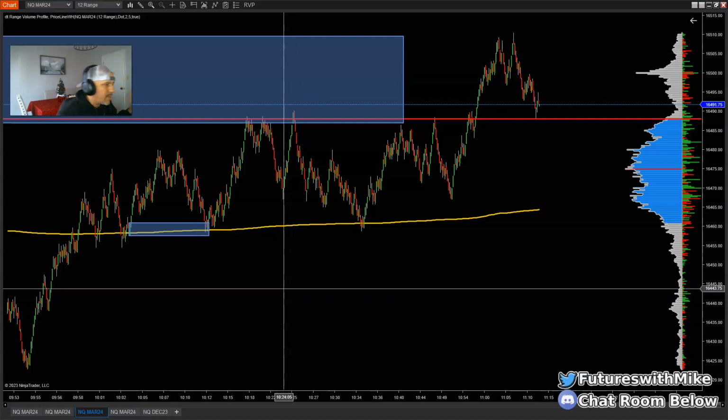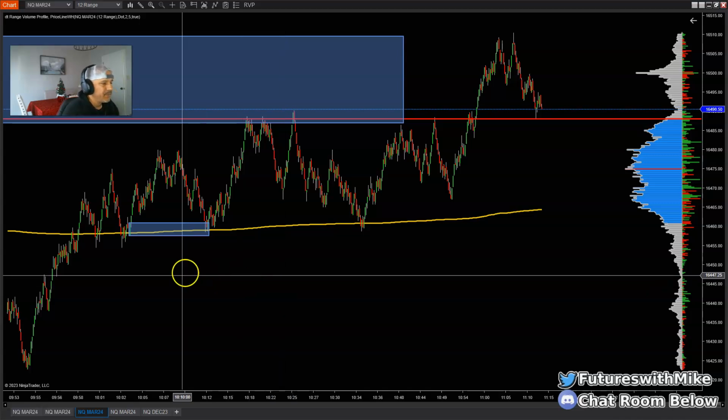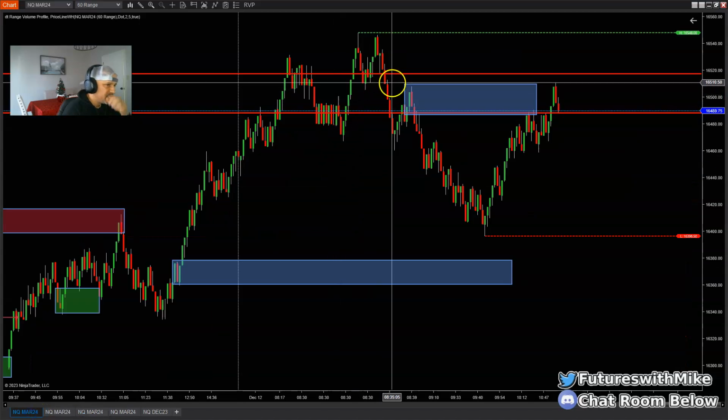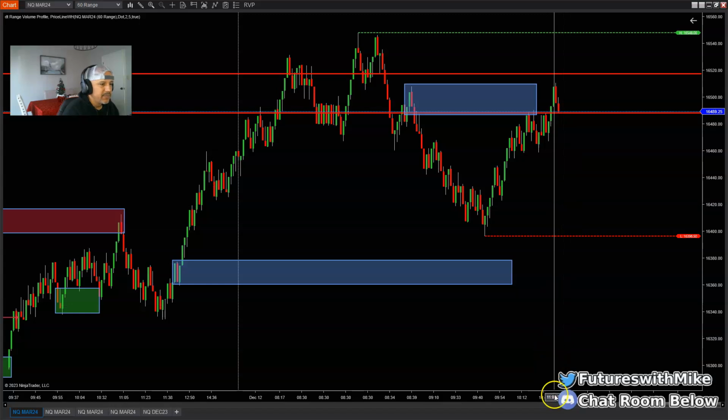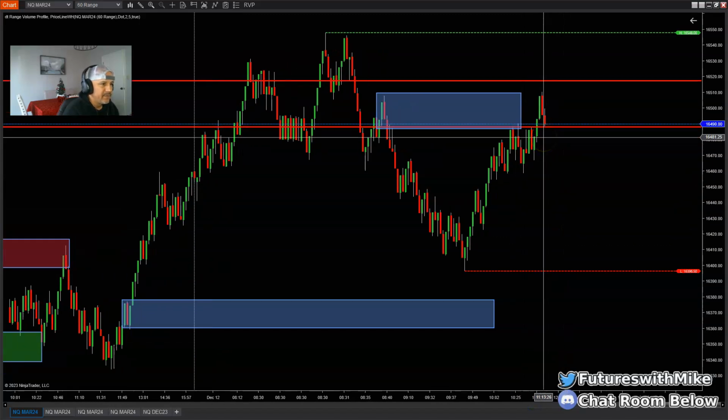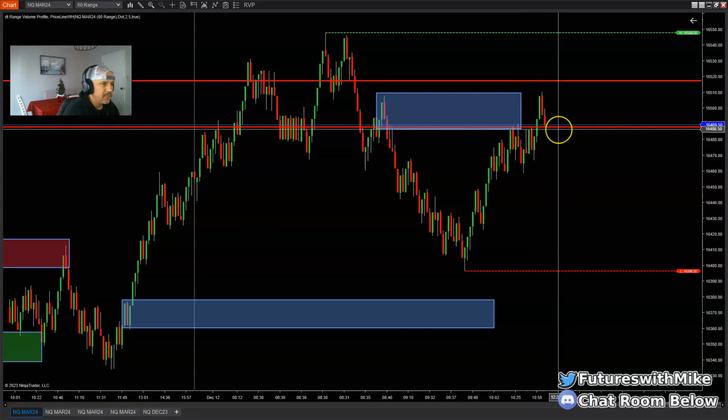But I talk about 98% of the time I'm trading support and resistance, supply and demand. But that 1% of the time I may take a quick stab at a support or resistance area if I see that the market is really rejecting it. That was a clear area off the higher time frame of resistance right there. It was rejecting. Now here's a supply area that it is tapping into. It can reject right here or it can tap and fill this imbalance here, but either way, this is